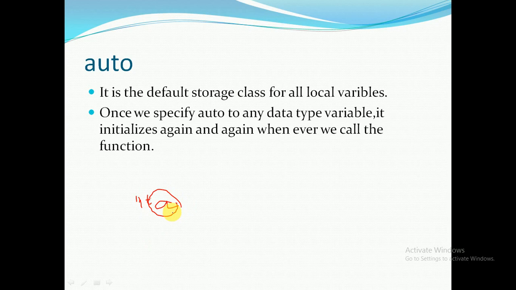For example, in order to execute the main function, it takes 10 minutes. Consider. So the time of the variable is 10 minutes. The scope of the variable is only main. That means time is how much time the function is executed, and scope of the variable is in which location it will be executed. That means from the first point of the main to the end of the main only this a will be valid. Outside the main it will not be valid.